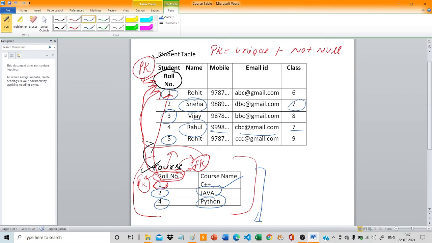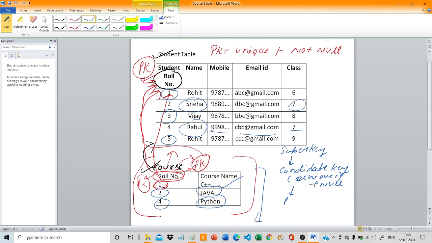Clear, everyone? So we had discussed super key, meaning all the possible values, all the possibilities including unique values. Candidate key will be generated with the help of super key. Candidate key is what? That is the minimal super key. Clear, everyone? It means that it is unique also, but it can take a null value. Unique plus null.